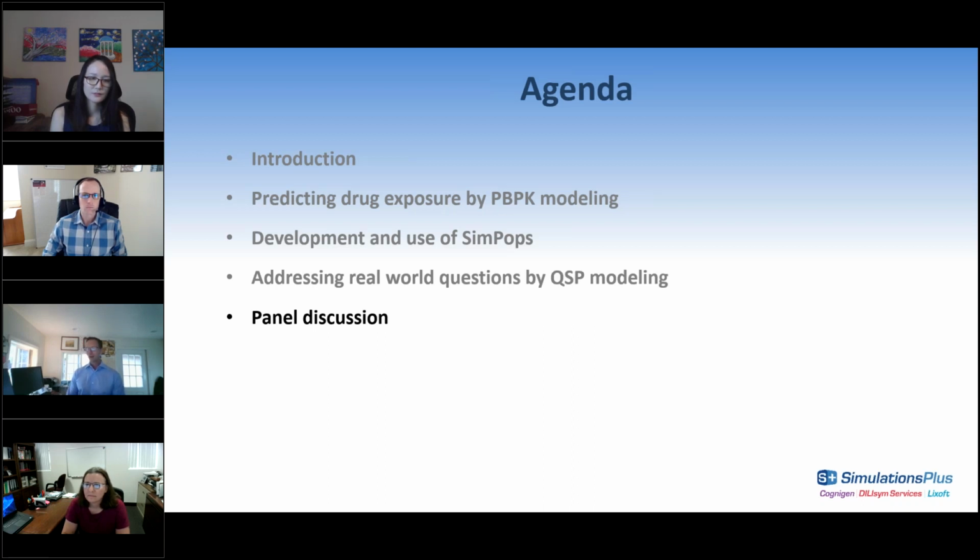I'll give you one example from our DILIsym platform. It's pretty well established, with really nice data sets, that body weight, in particular the amount of adipose tissue, absolutely affects the rate of fatty acid release by the adipose tissue, and hence the lipid burden upon the liver and the potential for steatosis.